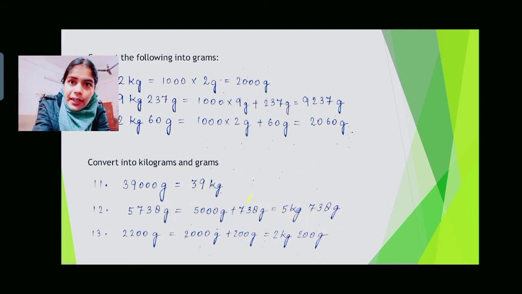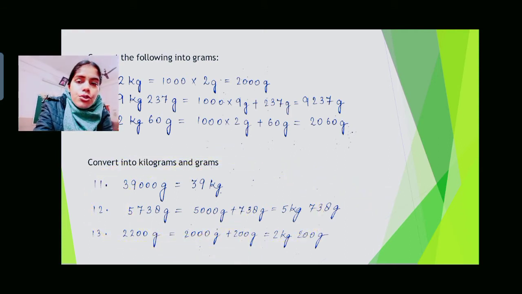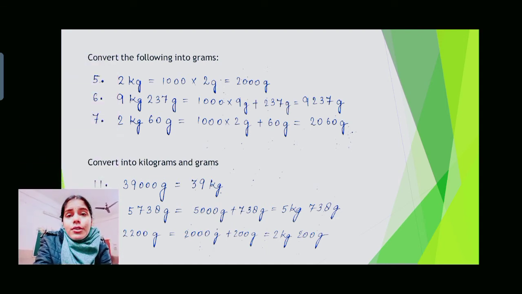Now, as you have converted 2 kg into 2000 grams and 2000 grams into 2 kg, similarly, following the same process, this gram can be converted into kilogram. Now coming to the third question, that is 2200 gram. This is 2000 plus 200. 2000 gram you can write as 2 kg, and 200 gram you can write in that similar form only. Alright class, with this question I hope you have understood this process of converting gram into kilogram